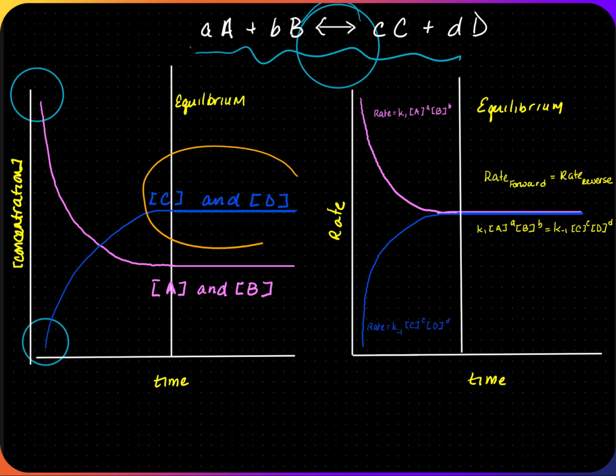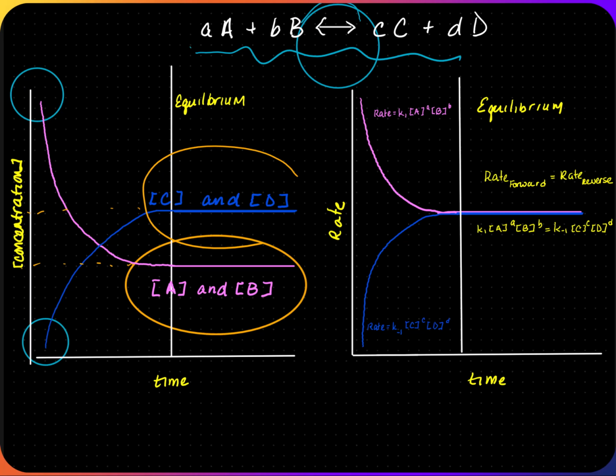So if I extend this line back, this number stays constant. So that means the concentration of the products is not changing. In addition, the concentration of the reactants isn't changing because if I extend this horizontal line after equilibrium, that amount is the same. So the definition of equilibrium is the concentration of the products and the reactants will not change